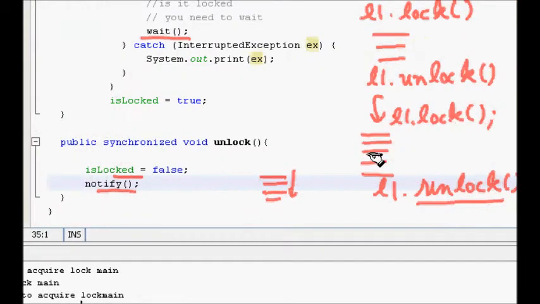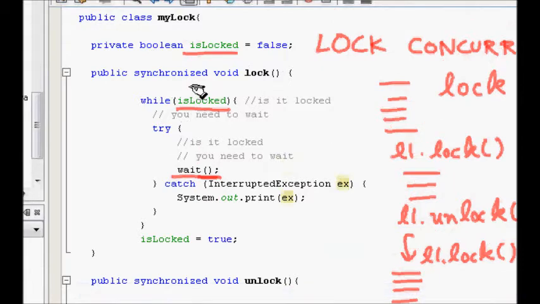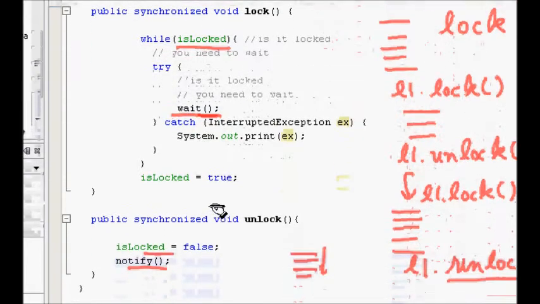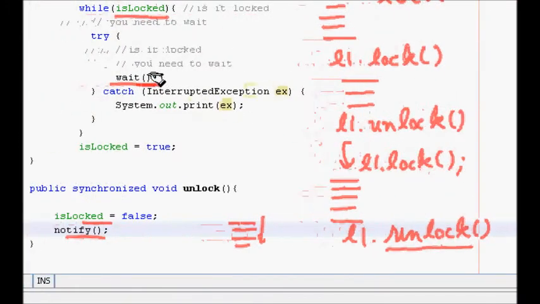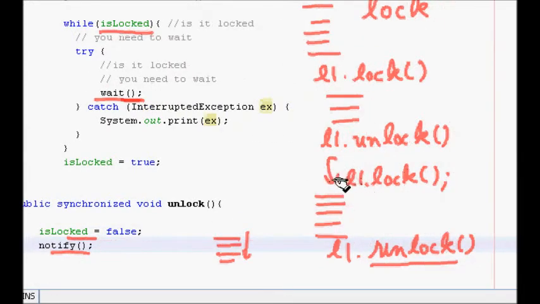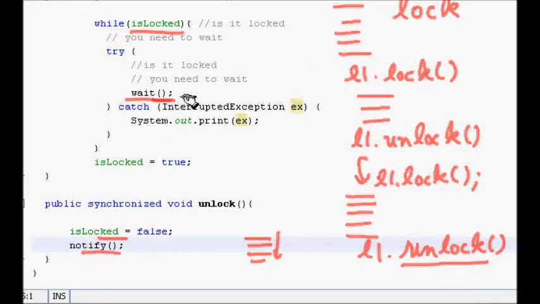With notify, what happens to the thread waiting in this synchronized block of code? This part notifies that thread that now you can go. This wait ends.